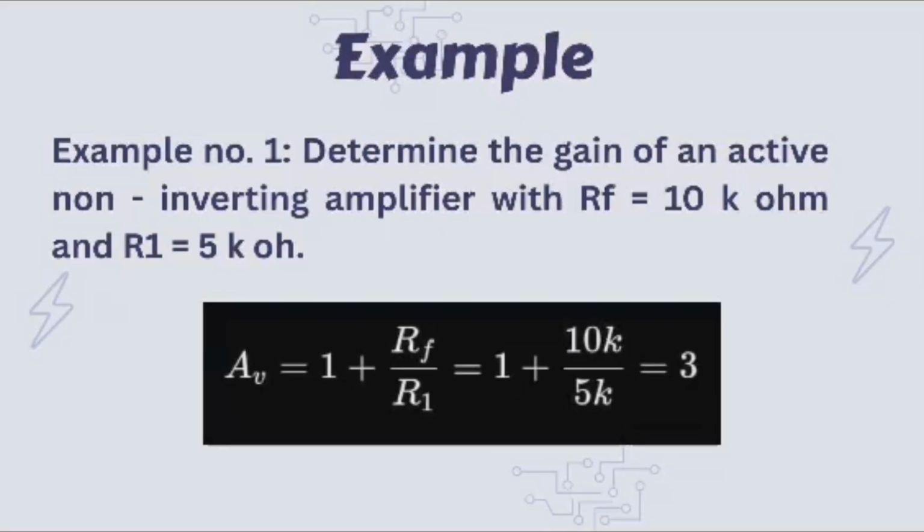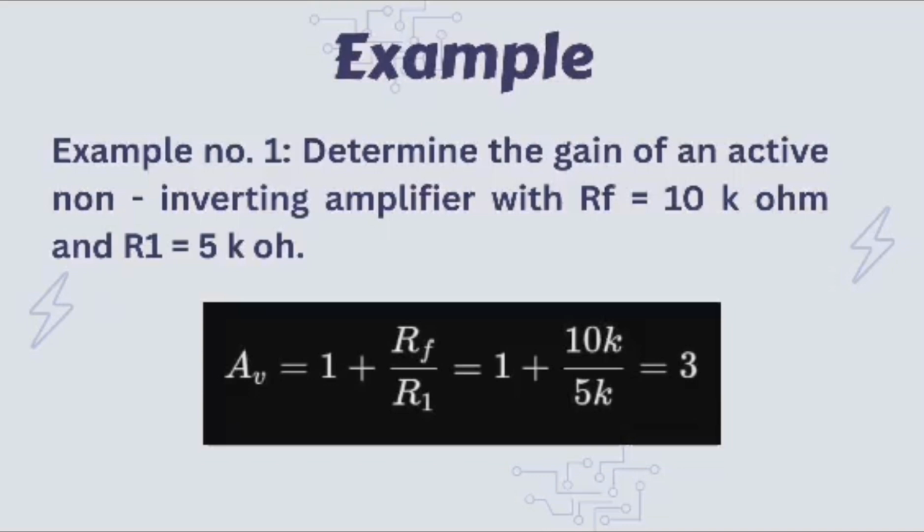plus RF over R1. So guys, basin mahibong mo ba nga nung naay 1 diha nga formula raman unta sa voltage gain kay voltage gain is equals to voltage out over voltage in. So ang kana ding 1 diha kay nagrepresent na siya sa direct connection of the input signal to the output. So ang kanang 1 mao na siya ang original signal. Nya ang kanang plus kay additional gain from the resistor. So mao nang the total gain becomes AV equals 1 plus RF over R1, combining the original signal